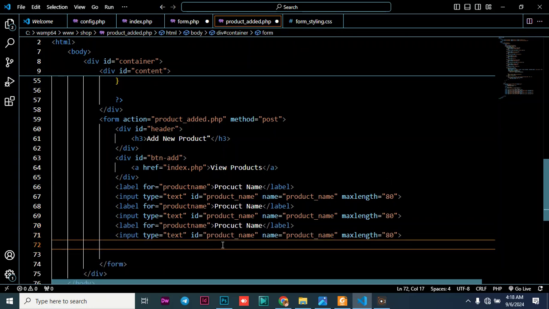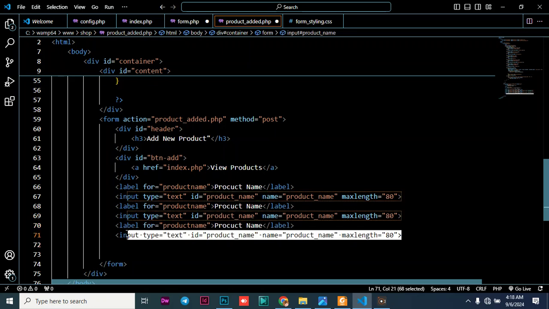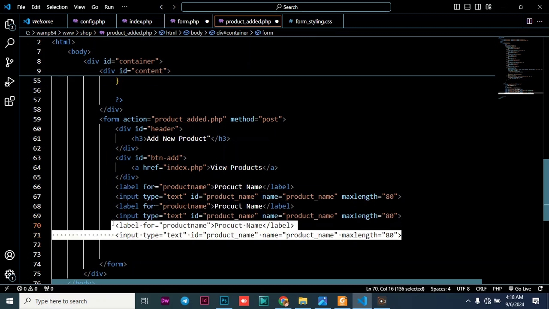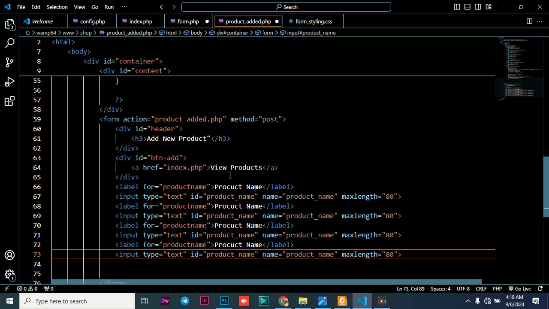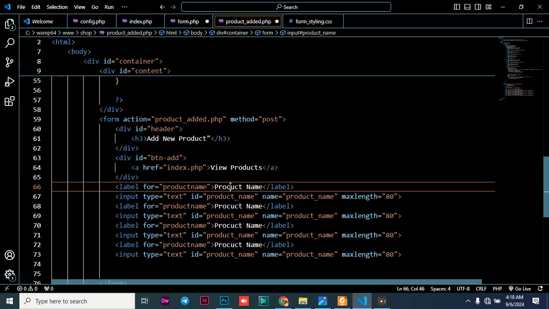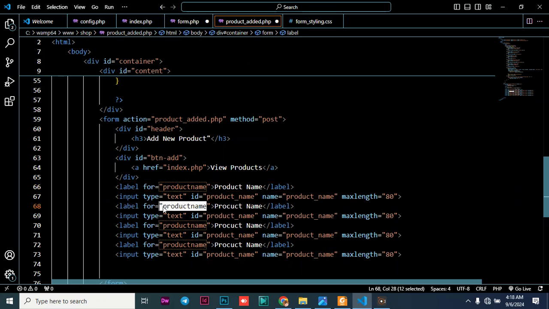Okay, so I copy again and then just paste it here so that you move faster. So here we are just going to make some changes. This one, remember, is product name, not the one that I've just written. So here we are supposed to change to unit price. So just change here to unit price,